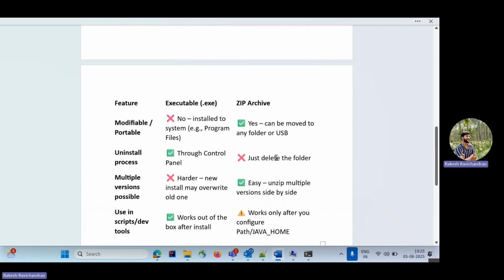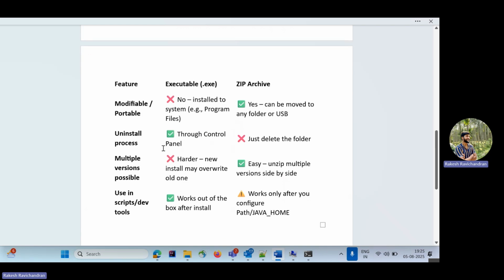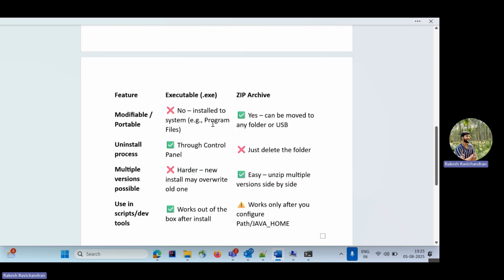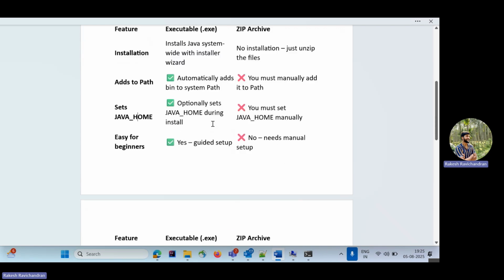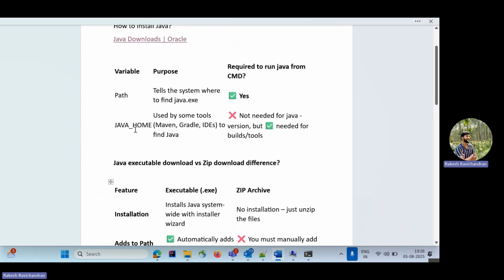And these are some other things which are probably not basically required for us. Okay. But however, I'll attach this Word document. You can go through it. And we will come to this Java home. So to run a Java program, you just need to set the Java path. The Java home is required for